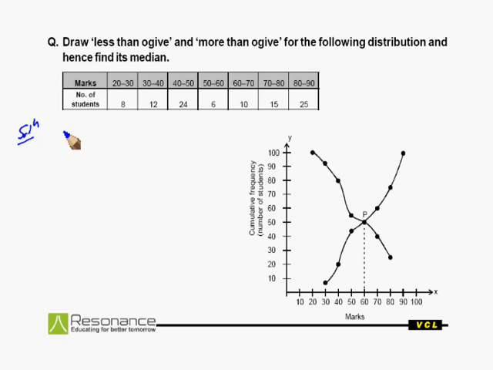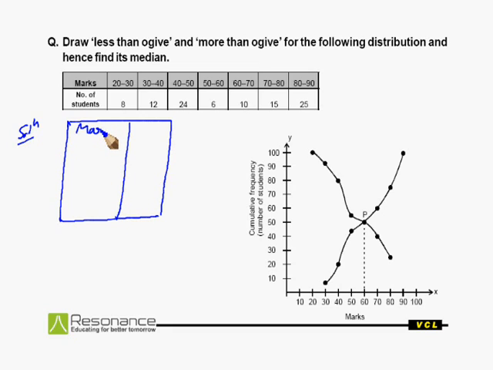less than frequency table. In the earlier example we saw how we can draw a less than frequency table. Now again we have to draw the table. In the first column we have to write down the marks, and in the next column we have to write the number of students. For the less than table we write less than